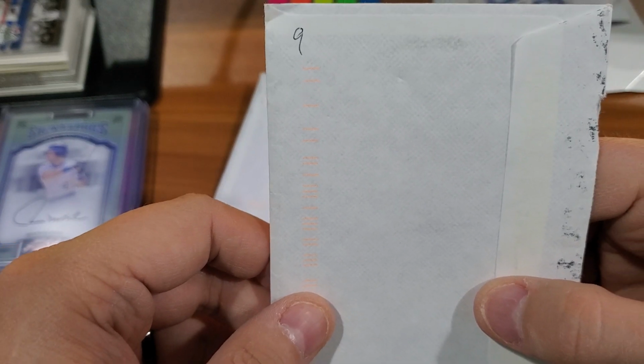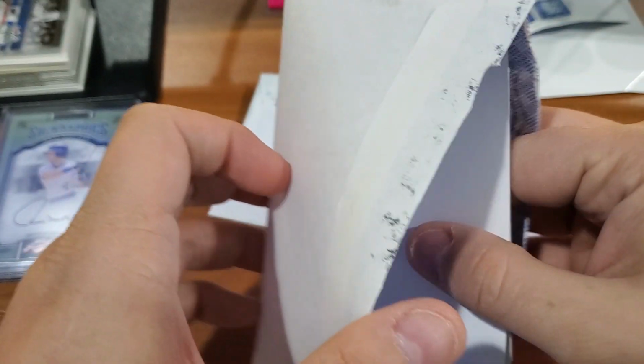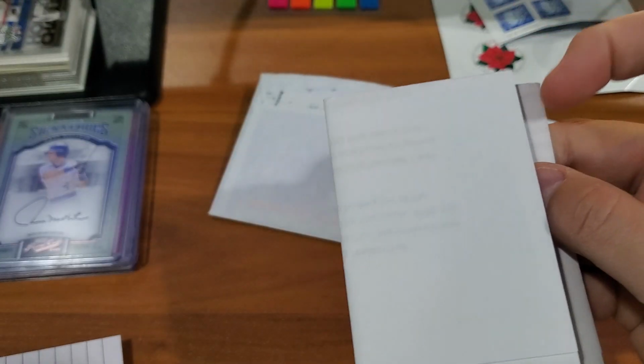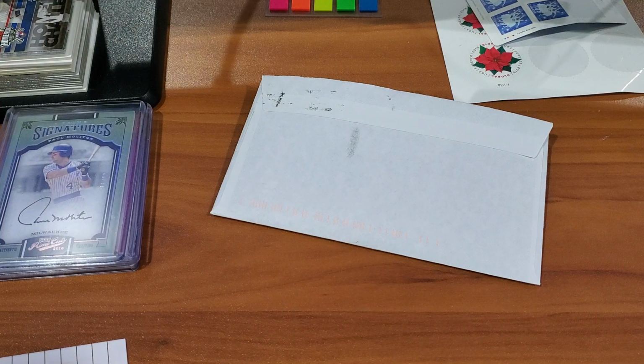Next up is a 9-day return. Get back the index card and the letter that I sent. Let me just pull this out for a second to make sure there's nothing written in here. Sometimes they just send the letter back, which is fine. Yep, nothing on the letter. But the auto